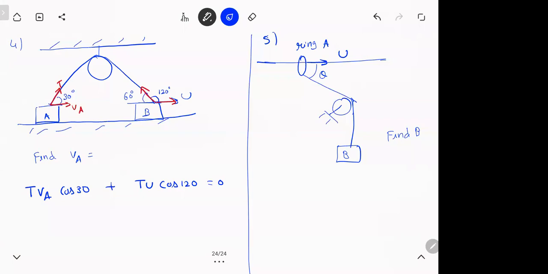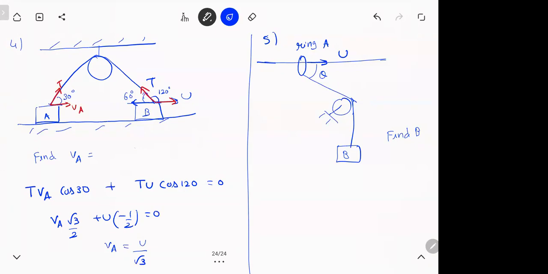Getting it? But in case you don't like to write an obtuse angle, which I don't like to do, what I do is, this T is there, so the component of T will be T cos 60 backward into U. That also works because cos 120 is minus half. So the minus sign comes because of that only. Keep 60 only, but write a negative sign because it is the obtuse angle. Whichever is convenient for you. So this thing will be VA cos 30, which is root 3 by 2, plus U cos 120, which is minus half. So we get VA is U by root 3.